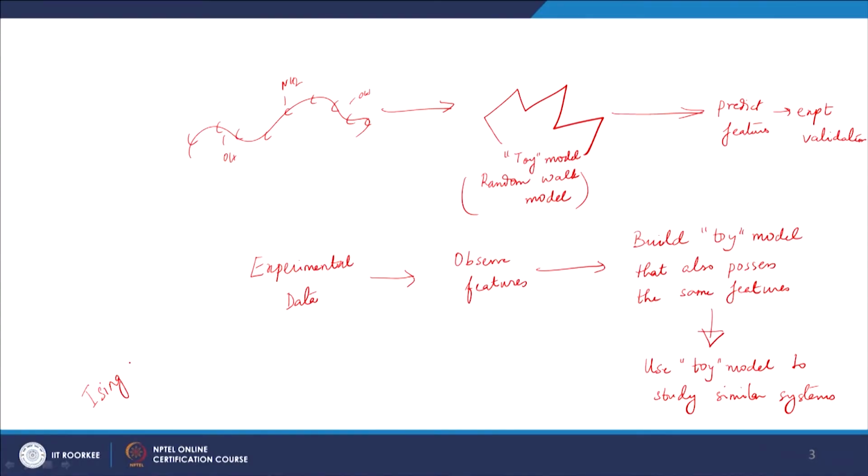Okay. So, the toy model is not entirely a new idea that is only present in polymer physics. The physics folks will realize that it has many commonalities with other toy models, such as the Ising model for magnetism, that again is a toy model, but it gives you the magnetic phase transitions, and it is an excellent model. So, this is the kind of approach that we are following in polymer physics, and I would really say that polymer physics is not really a very old field. It started in the 20th century, and we will mainly discuss the work of 2 or 3 main scientists in